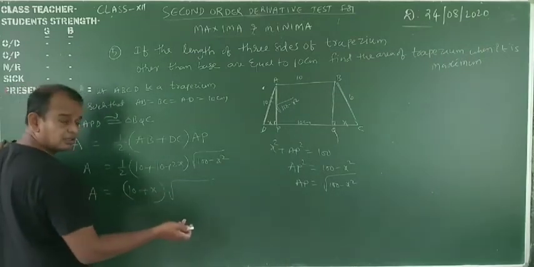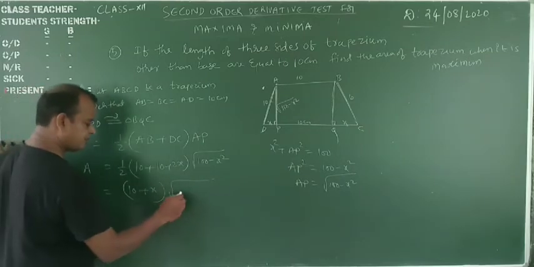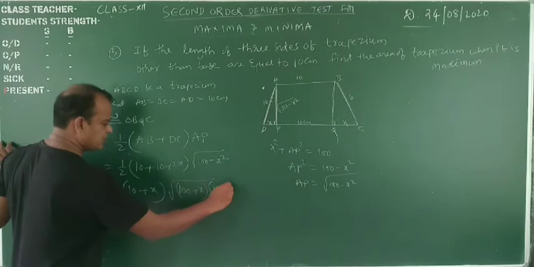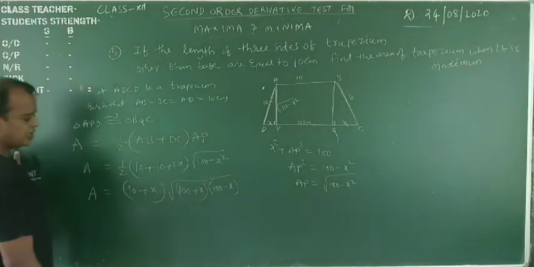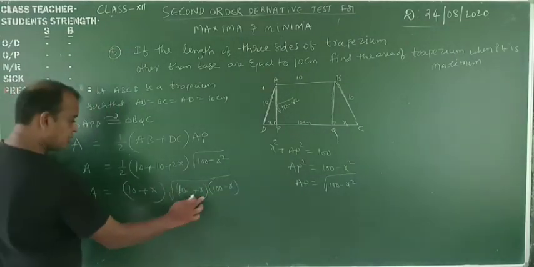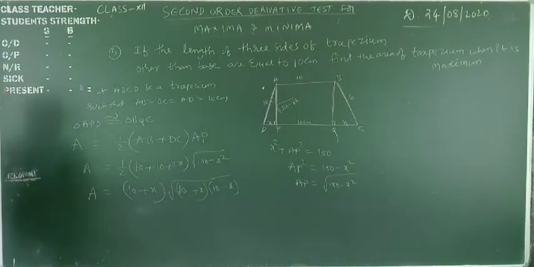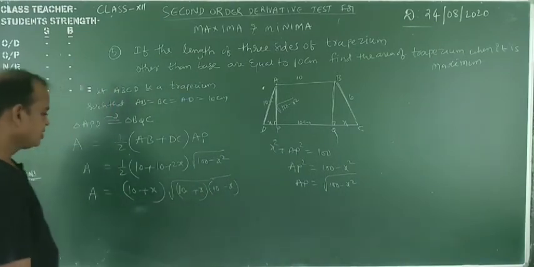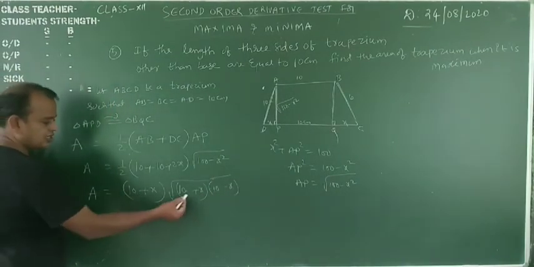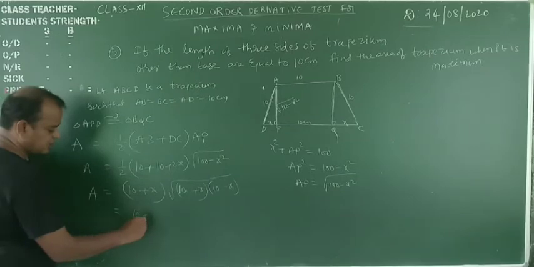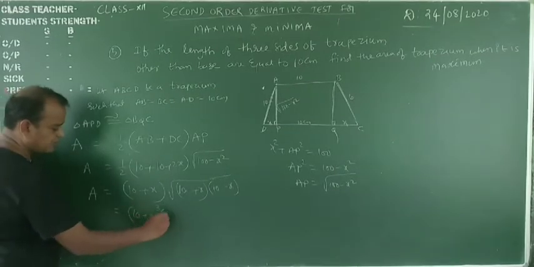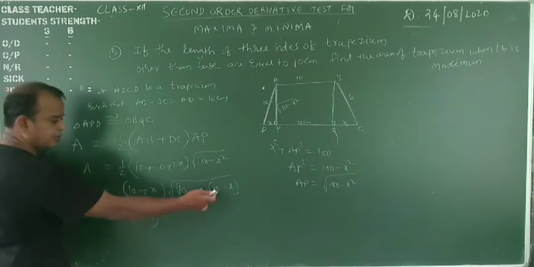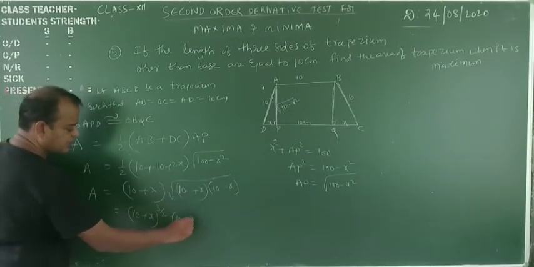Okay, no problem at all, we will do it this way also. Calculation part is important. 10 plus x into 10 minus x, that is 100 minus x square, 10 square minus x square. A square minus b square formula, a plus b into a minus b. Here observe that this is a, this is root a. Root a into root a means 10 plus x whole power 3 by 2. Again remaining 10 minus x means 10 minus x whole power 1 by 2.